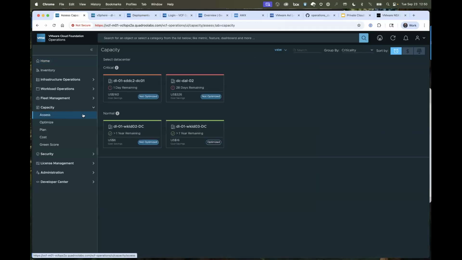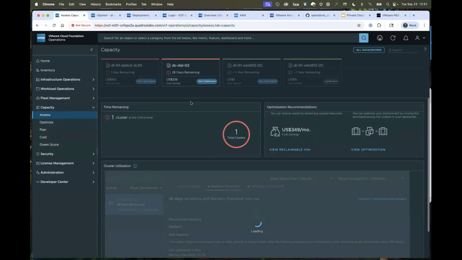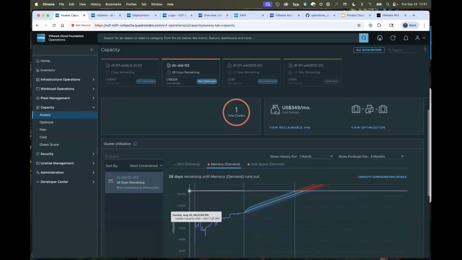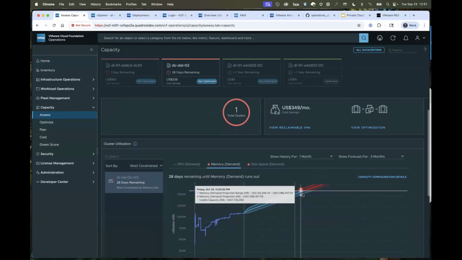Yeah. So we've got our traditional ops abilities here in the platform. I can look at my different data centers, and I can see that I've got some cost savings that I could potentially realize in those data centers and what those might be. Oh, look at this. I've got memory that is headed northbound, and it looks like around October 25th, I'm going to need some more memory.